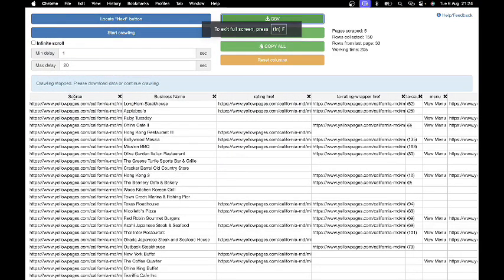We have source. This is the source URL. Like I told you, some apps we call it source URL. Some we call it business URL. You understand? Now,